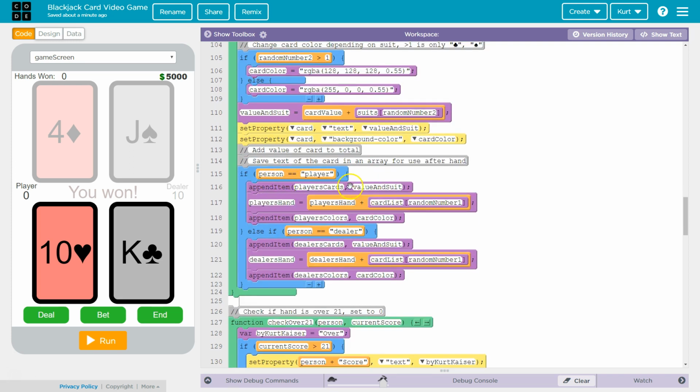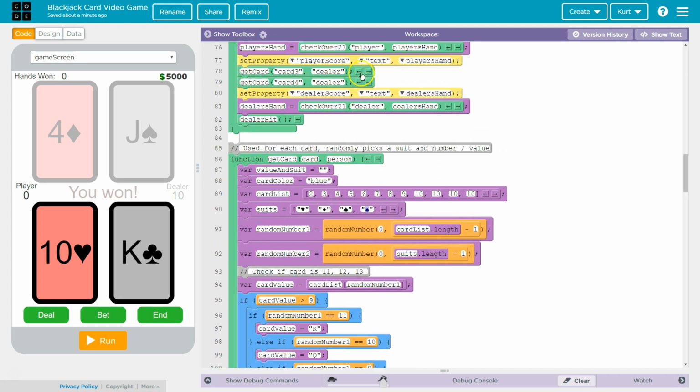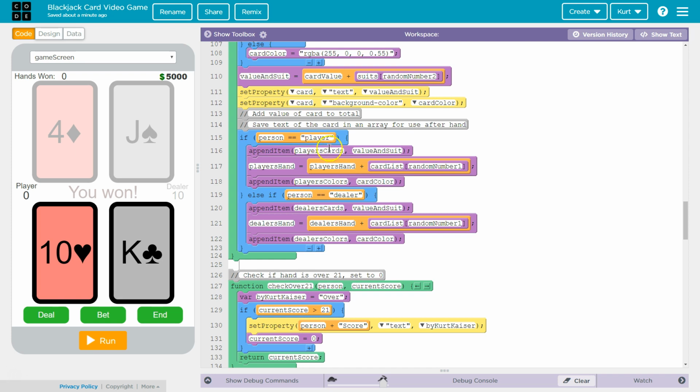If person, so if person is this one, so who was this for? It was originally for player. So if it's player, what do I do? I append to our array, which is our list. I add to the player's cards, which is a list at the top, the value and suit, right? So I add on to that list, and that we're going to save for later if we want to look back on our cards. I then take player's hand is going to be equal to player's hand plus card list